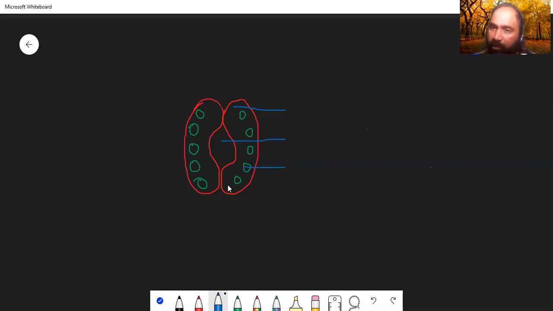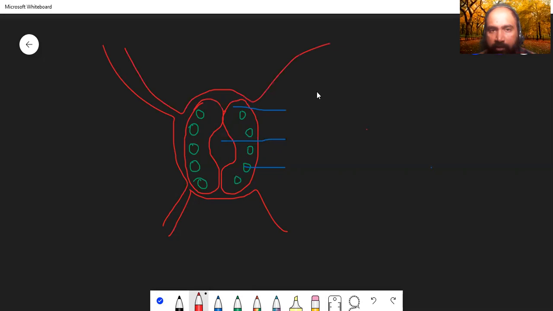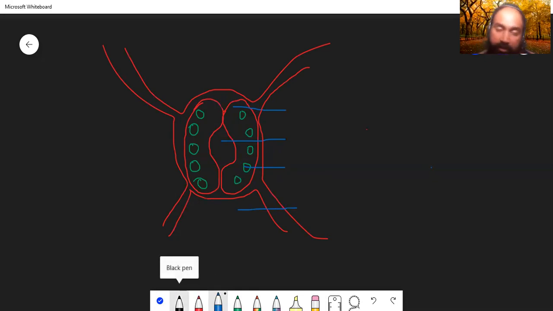So there are three more very important labels. Now these guard cells are surrounded by some cells, of course, right? Here it is surrounded by some cells like this, then like this, like this. These cells are nothing but neighboring cells, and these neighboring cells are also called subsidiary cells. I'll write down these labels, one second.